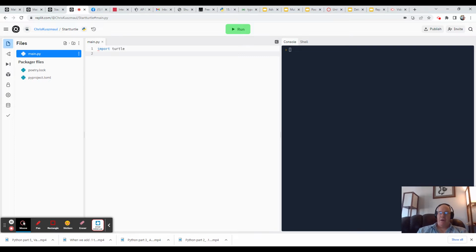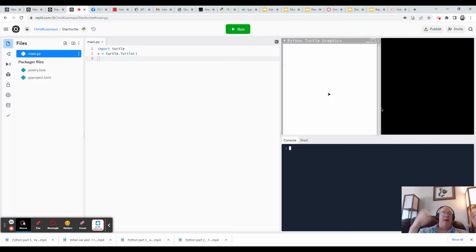And then I'm going to create an object of type turtle by doing x equals turtle.Turtle(). Okay. And let's run this code, which imports some code called turtle and then creates an object called turtle